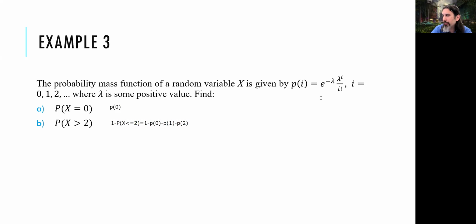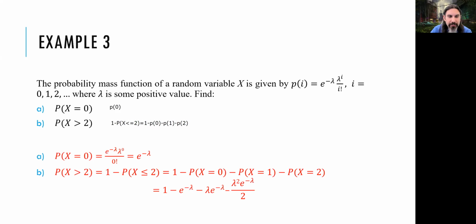And I already know the PMF, so I will just plug those numbers into the PMF and find the solution like this one. So what you have to do is just get the PMF and then use the numbers given to you, plug them in and find the values. As you can see, the probability that X is equal to 0 is going to be found from p0, which means use 0 instead of i. So I put 0 instead of i, and lambda stays the same, so e to the power of minus lambda. Simple stuff. Now, let's just clear this one.